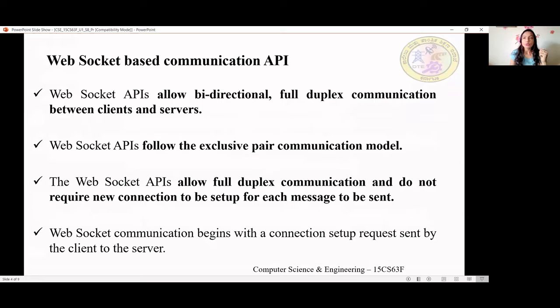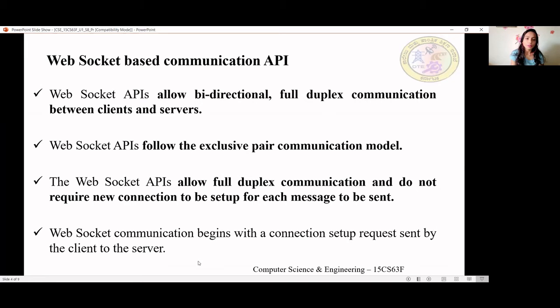This we had seen somewhere else also, right? Where had we seen bi-directional full duplex? Yes, in connection oriented communication, it is always bi-directional full duplex communication. In one of the four communication models also we used bi-directional full duplex communication. Can you recollect? We saw it in exclusive pair, right? In exclusive pair also we used bi-directional full duplex communication.